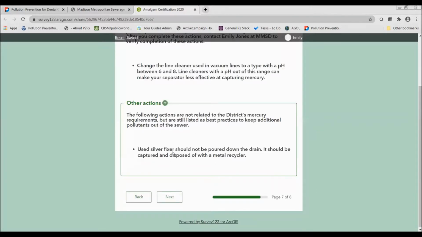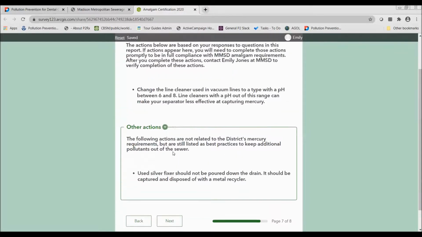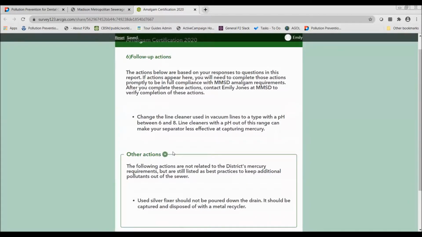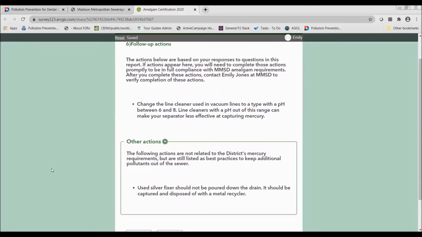So you'll remember that I selected that we do, in this test example, use silver fixture down the drain. And this tells me it shouldn't go down the drain. It should be captured and disposed of with the metal recycler. And these recommendations just appear on this page in this survey. And so don't worry about accessing or saving this